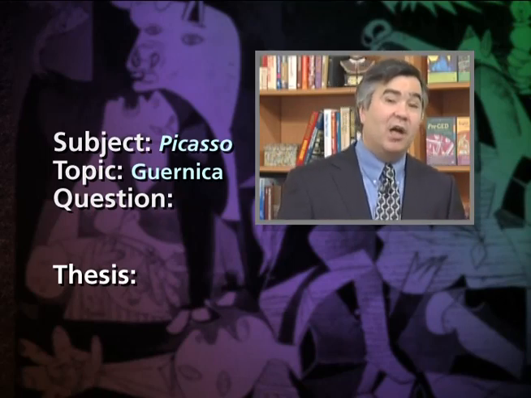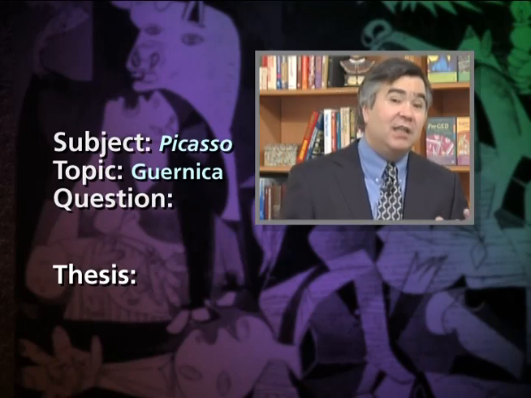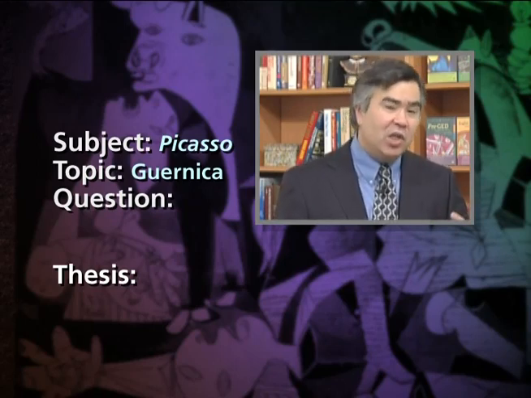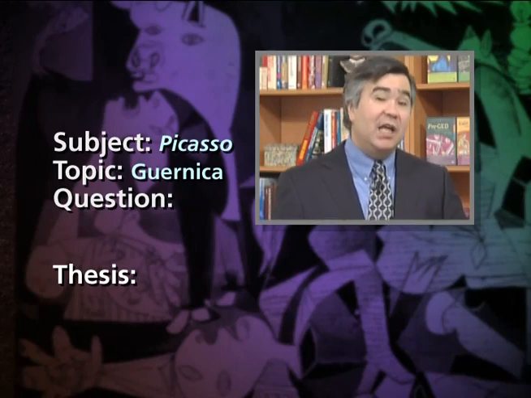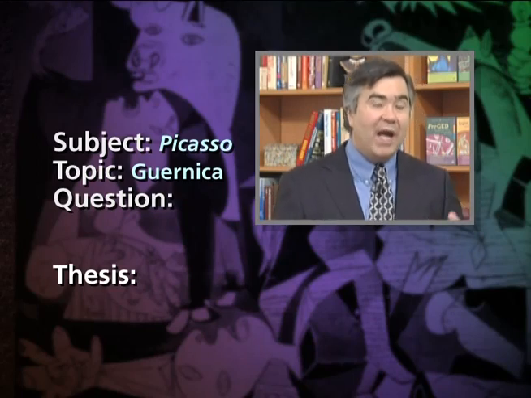For example, some art critics have pointed out that the painting really doesn't depict modern warfare. You don't see bombers or tanks in the picture. Instead, you see archaic symbols of war, such as the broken sword in a soldier's hand. So in an odd way, although Picasso is writing about a modern tragedy, he is using symbols and images drawn from ancient warfare. Why did Picasso choose that style? Would be an interesting question.